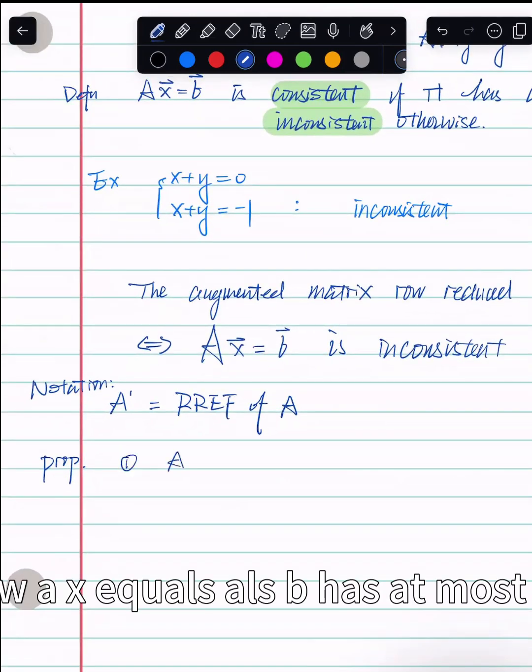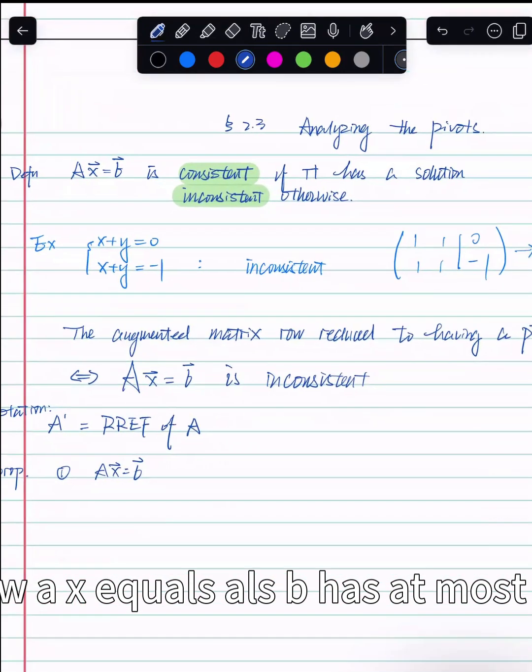First, AX equals B has at most one solution,